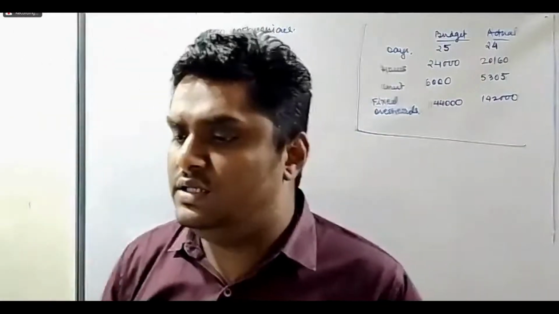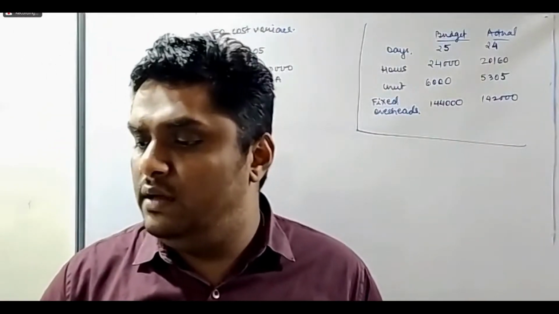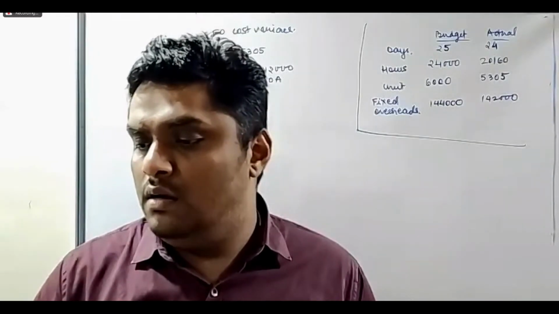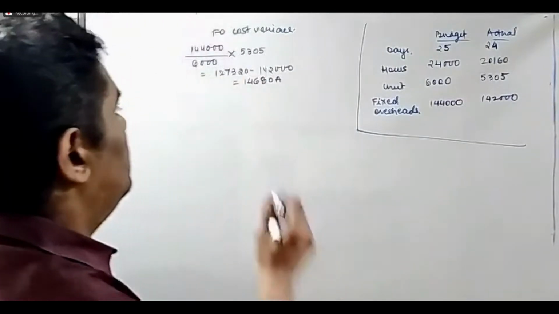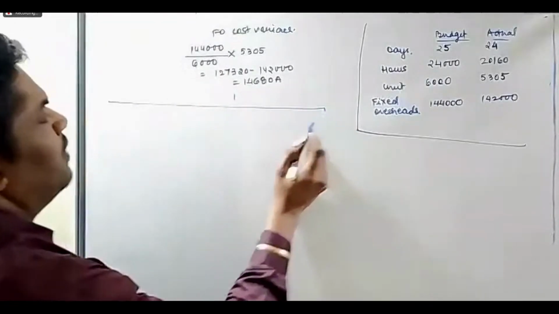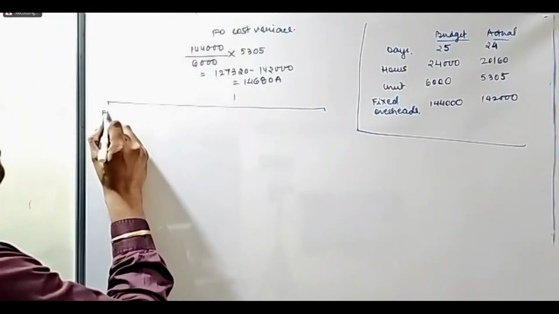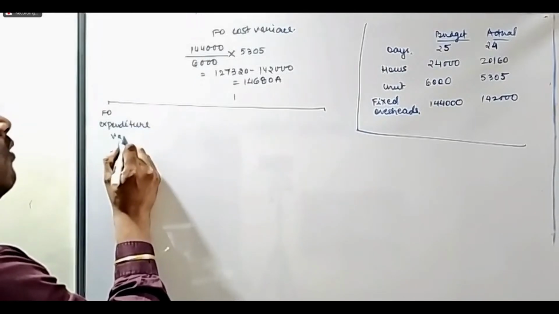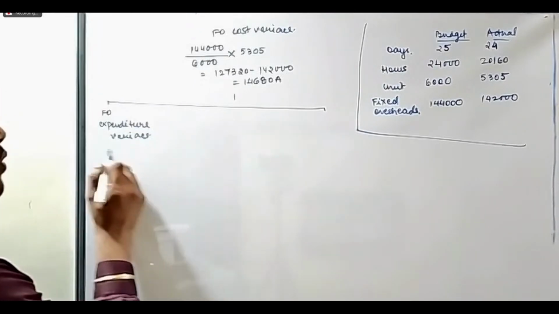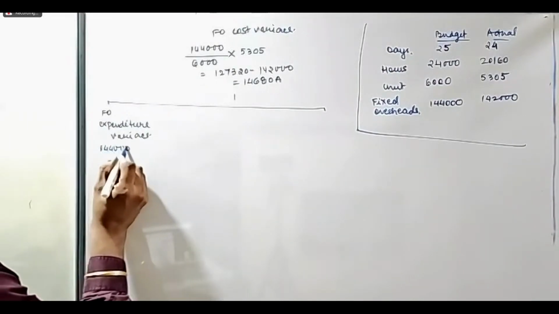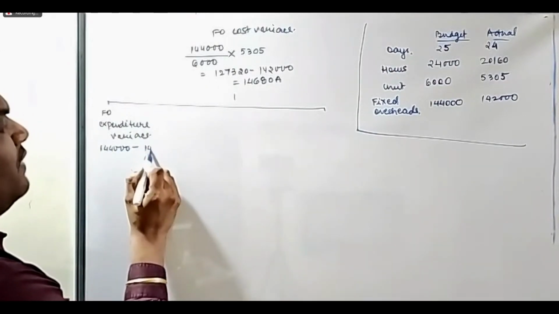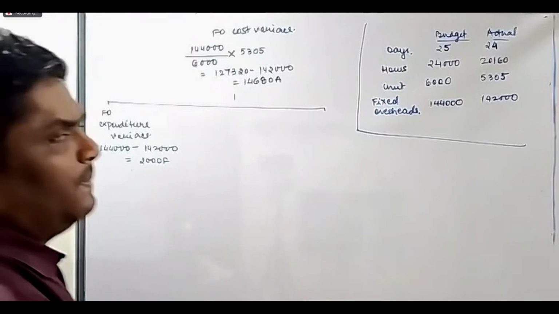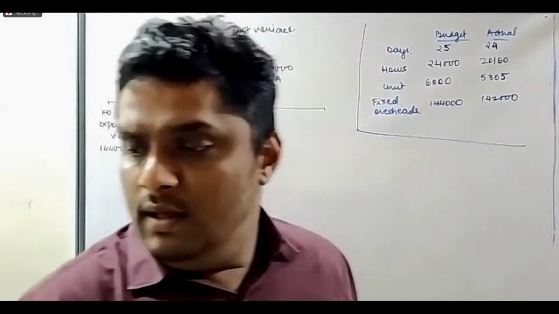If you have any doubts in this part, please post your query. Now, two parts. 1,44,000 are my budgeted overheads, and my actual overheads are 1,42,000. So this will be 2,000 favorable. Now next is